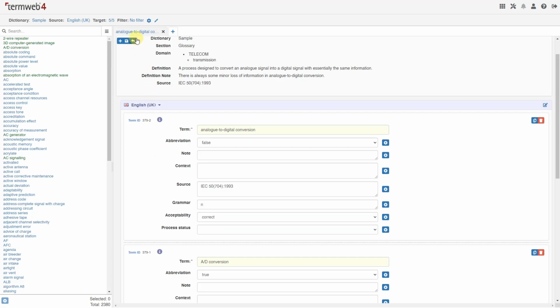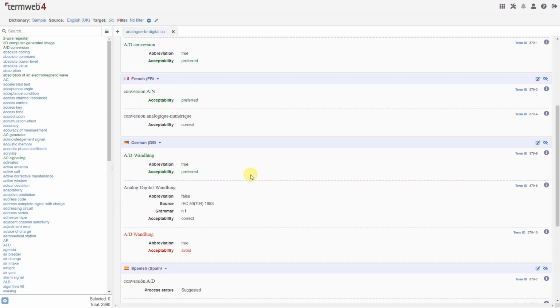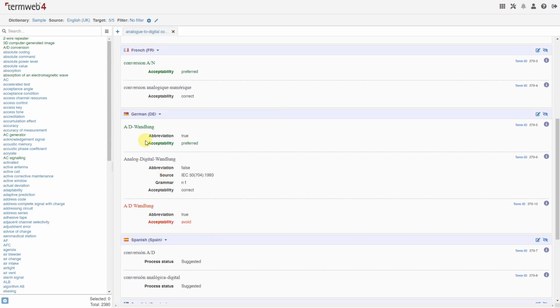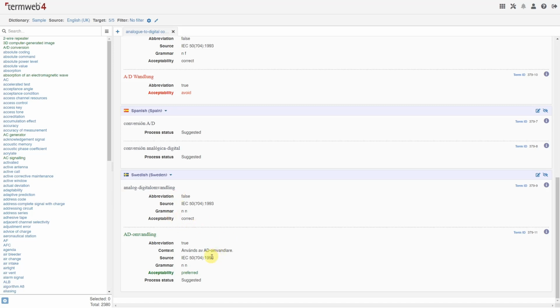And currently in this concept, we do have a number of terms that are naturally sorted. These are typically sorted by the term ID in the order that they were created. You can see that this is correctly sorted, for example, for German. In Spanish, we don't have acceptability fields set. But if we scroll down to Swedish, we can see that here we actually have an acceptability preferred that's sorted